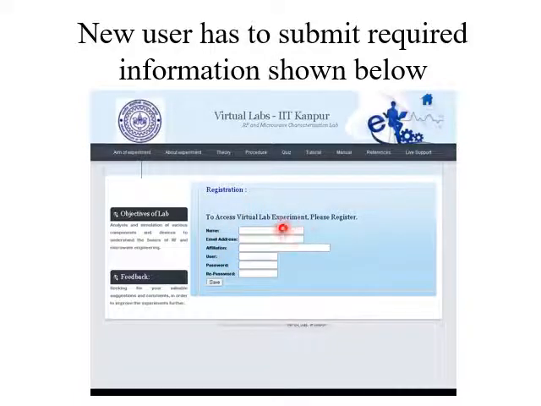Once you put it and save it, your registration is done. It is free of cost, don't worry. So now you can use this user ID and password to enter into the virtual lab.